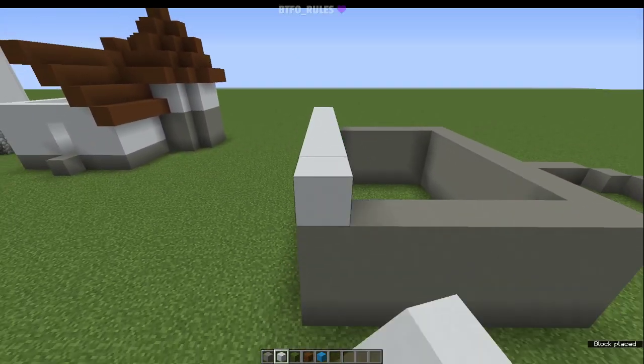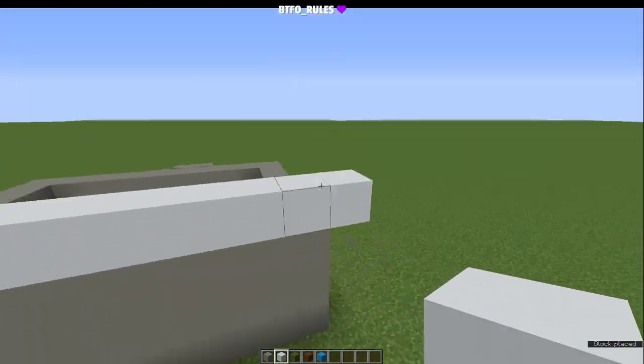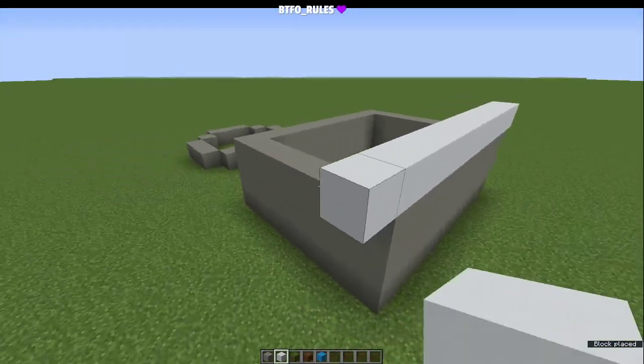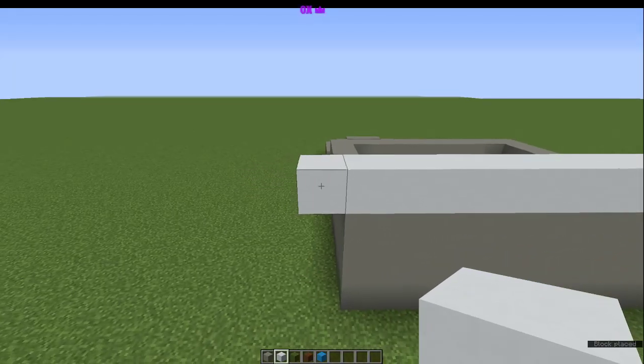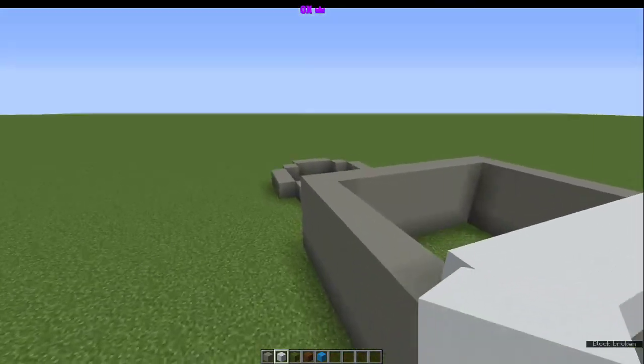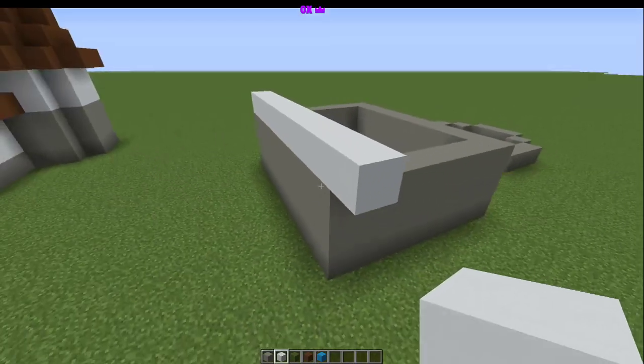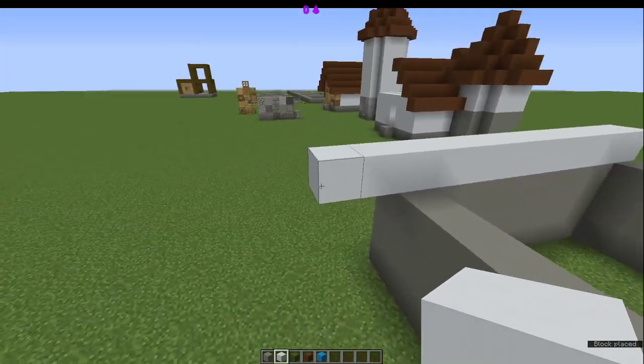And we're going to bring our front and back out an extra block. If we weren't bringing the back out, let's say we were backed up against a wall here, we'd actually want to bring the front out an extra block